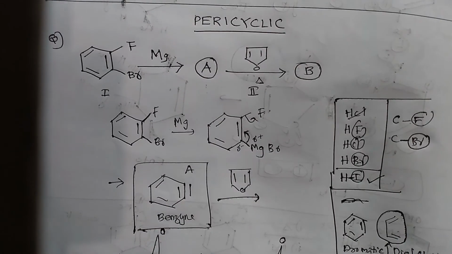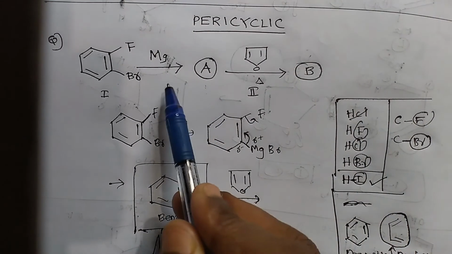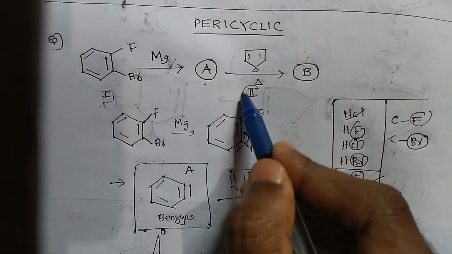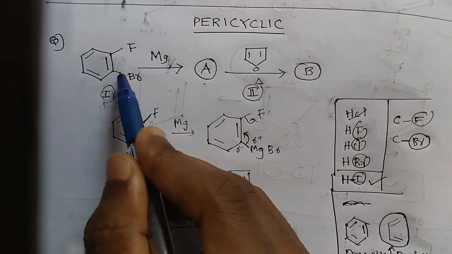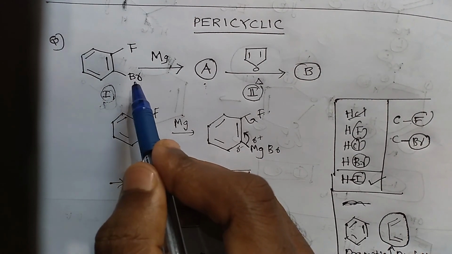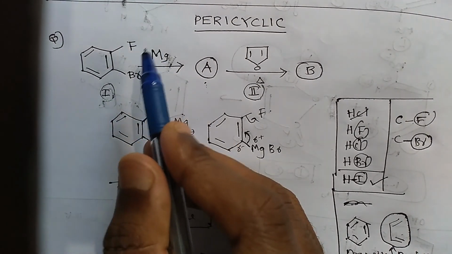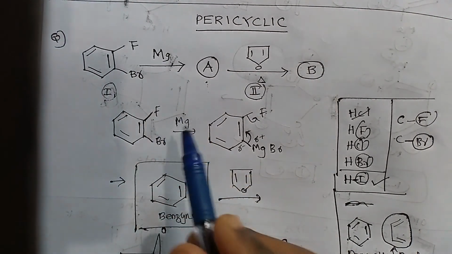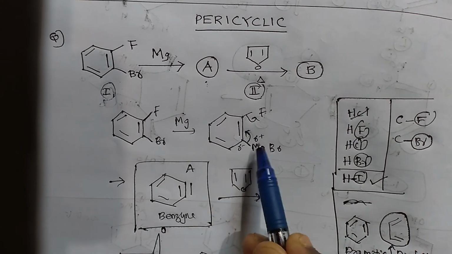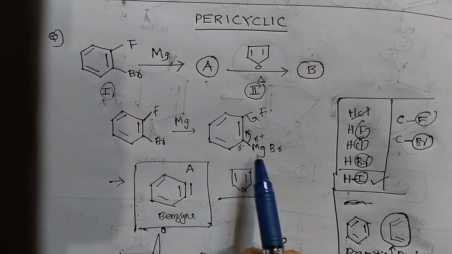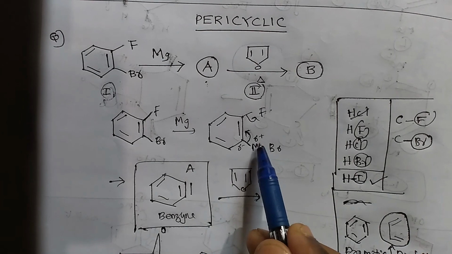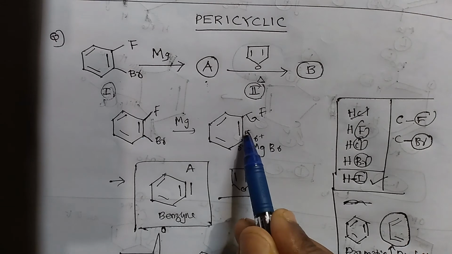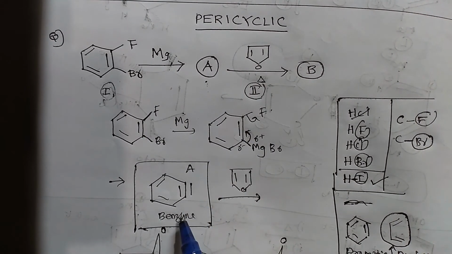While considering this question, you know that this question includes two reactions. First reaction and then second reaction. Firstly, you have to know which bond is easily broken, the C-Br or C-F bond. We have explained that the C-Br bond breaks more easily than the C-F bond, and Mg will be introduced here. And as in case of Grignard reagent, RMgX, there will be partial positive charge on magnesium and partial negative charge on this carbon, and it will be broken something just like this.